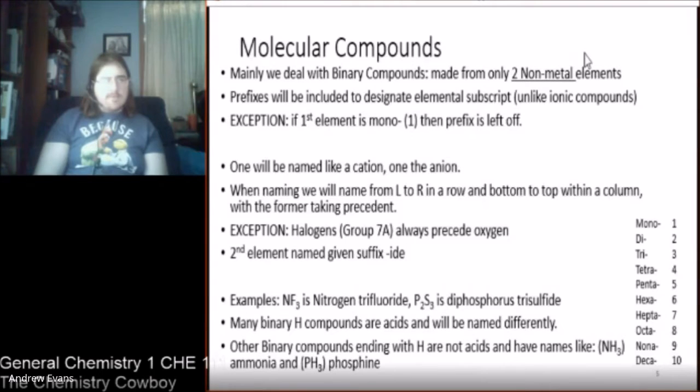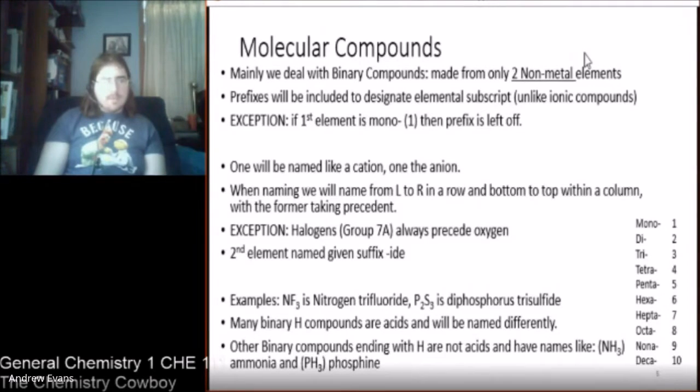And so prefixes will say, oh, I have two nitrogens, one oxygen. I have one nitrogen, two oxygens. One nitrogen, three oxygens. So we're going to name one of these guys and then the other of these guys, and we're going to add some prefixes. Now, there's an exception. If the first element is 1, we leave the prefix off,